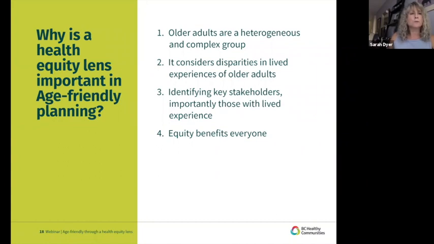Okay, so the third point here is identifying stakeholders. And the equity lens helps us to do that. And, oh, I think I skipped a point. Sorry. In considering the